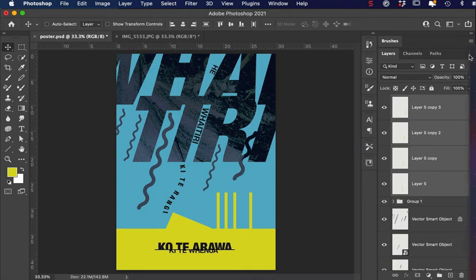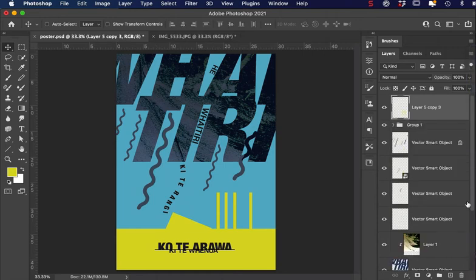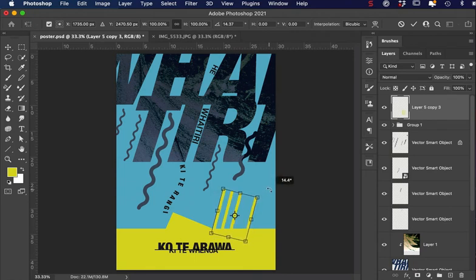Actually, I can click on the Shift key, all of them. Click on this little hamburger menu. You can't see it, but there's an option that says Merge Layers, and it gets them all together. Command T, rotate them a bit, try and replicate those angles,